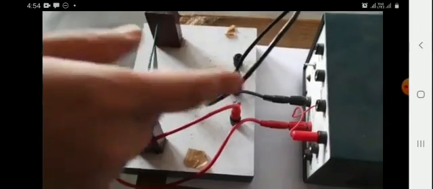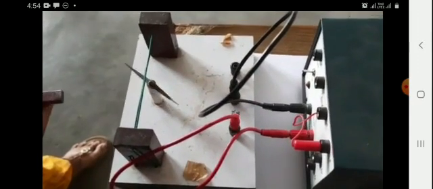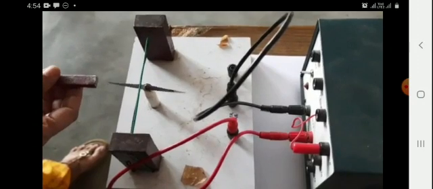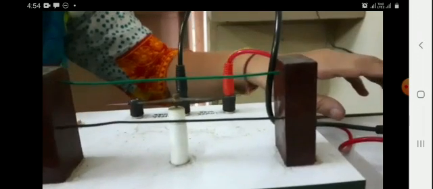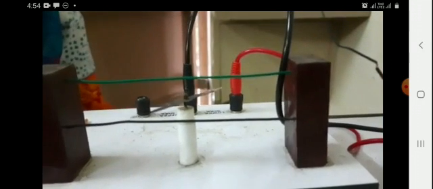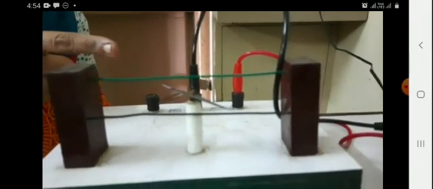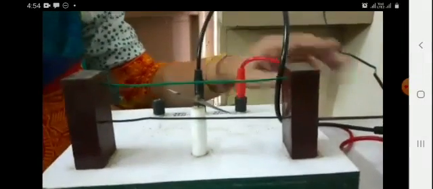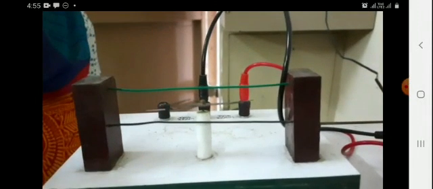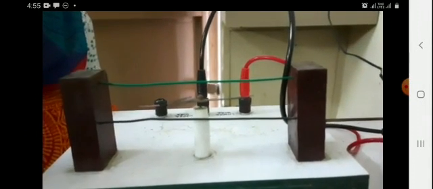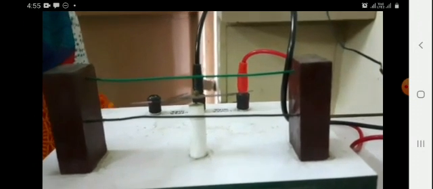Positive terminal is connected to the positive terminal of battery and negative is attached to negative terminal of a battery. Now, when no current flows, if I bring the bar magnet near this magnetic needle, it will show deflection. When electric current flows through the circuit, see here, magnetic needle shows deflection. How did this happen? Because due to flow of current, here magnetism is induced, and this magnetism is temporary in nature. It will remain as long as the current flows through the circuit. If I close the switch, then no deflection is seen.